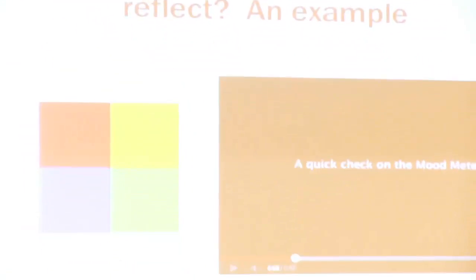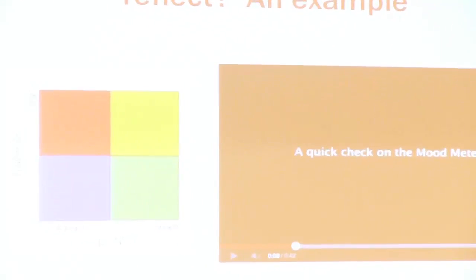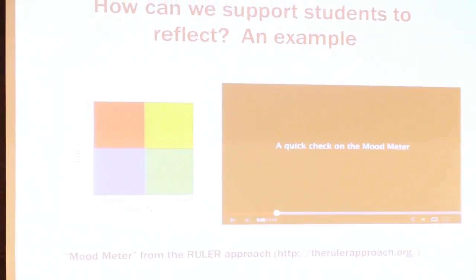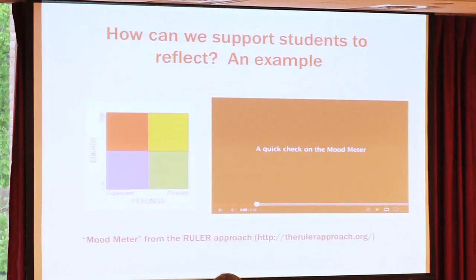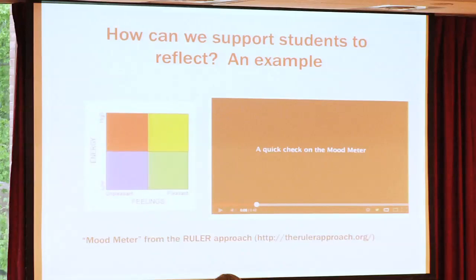Okay, great. So you can see the 4-quadrant thing on the left. And this is a really common way to talk about emotions. A lot of the emotion research has this kind of 4-quadrant setup. The 2 axes: along the bottom is some indication of valence or feelings, from unpleasant to pleasant. And then along the y-axis, it's called energy. Sometimes it's called arousal, or activation. This is the degree of strength of the feeling.